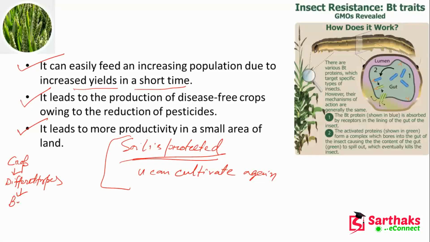Then what have we studied? The BT crops, and then the advantages of BT crops. And in between, we have studied how the Cry protein kills the insects and protects our crops. Okay, up to this much for today. Next day